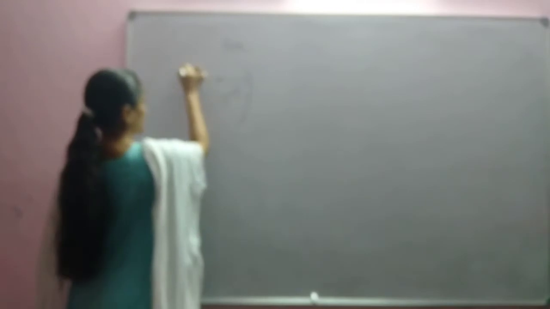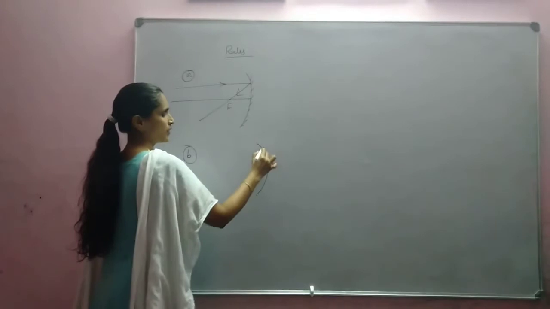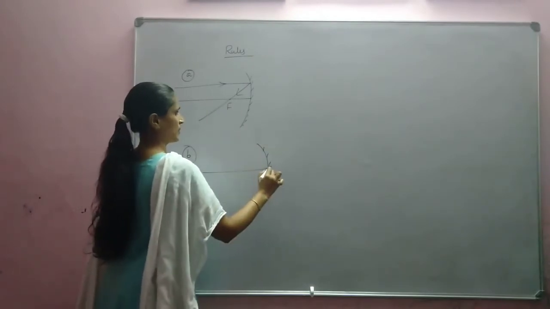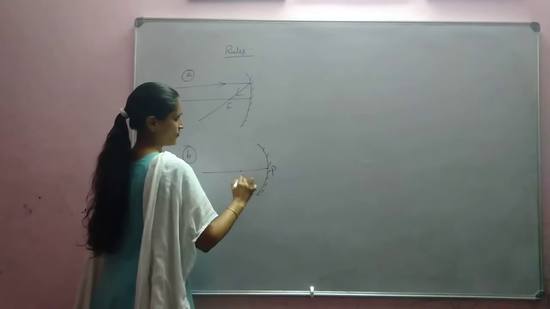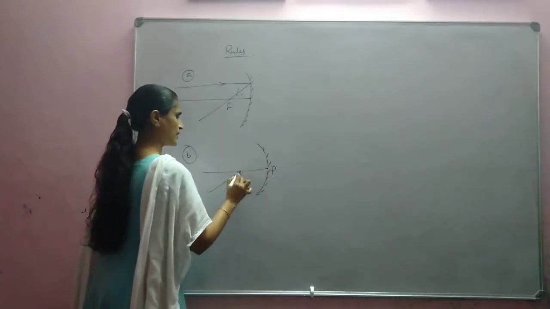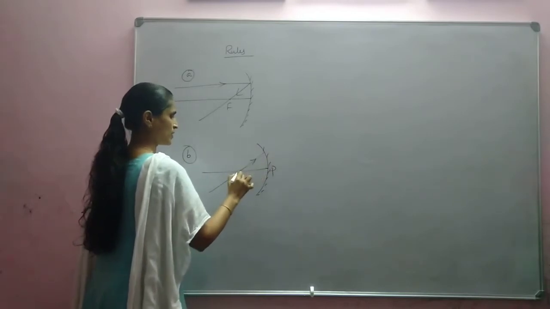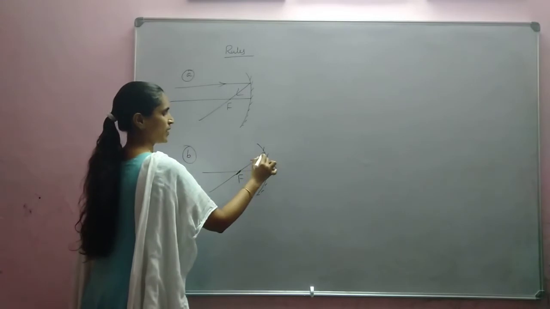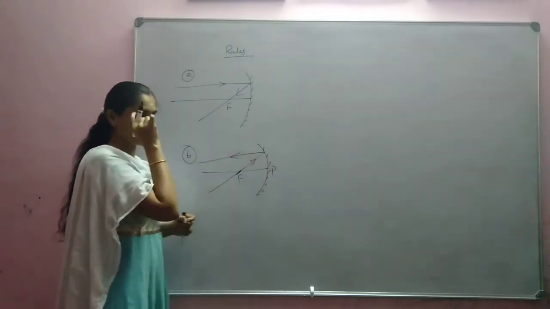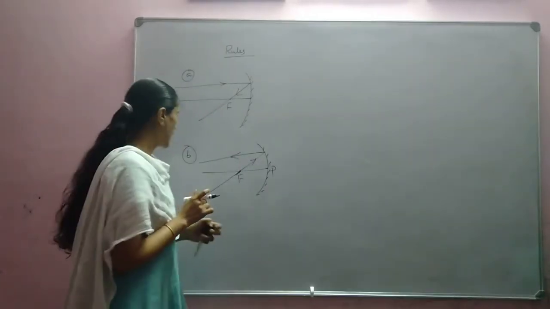This is the first case. So for the second case, we have a concave mirror with pole and focus. If a ray is incident through the focus, after reflection it will become parallel to the principal axis. Okay, it will become parallel to the principal axis. And next one,